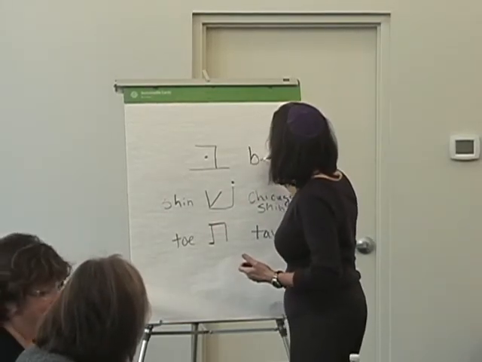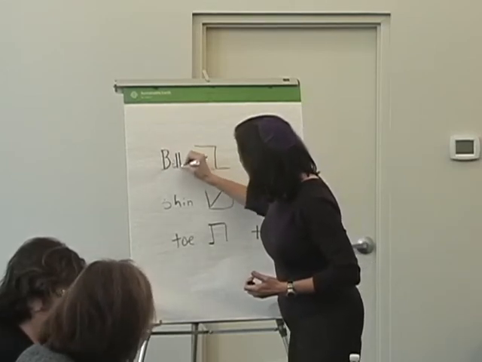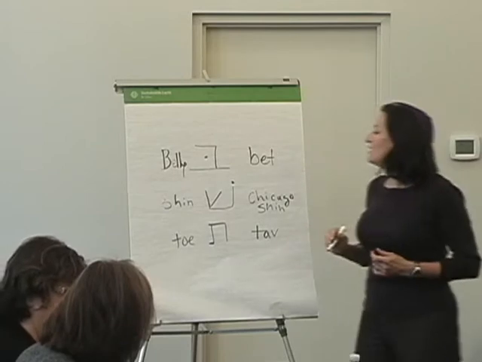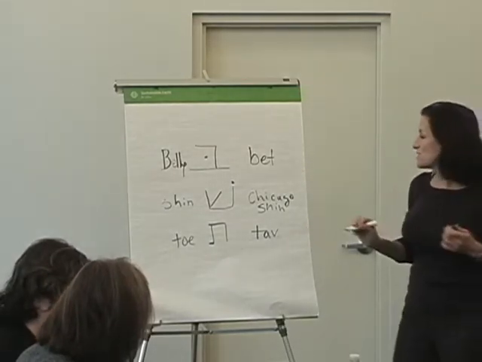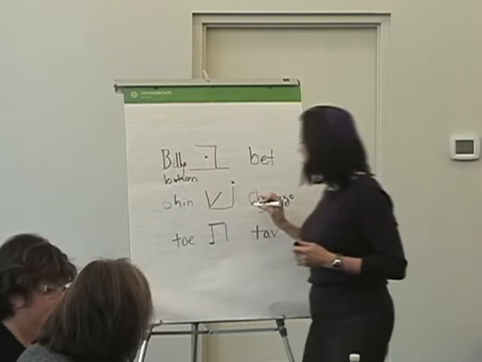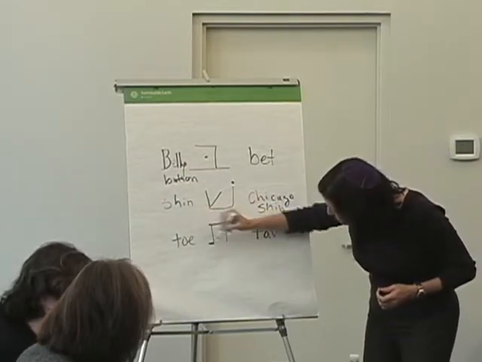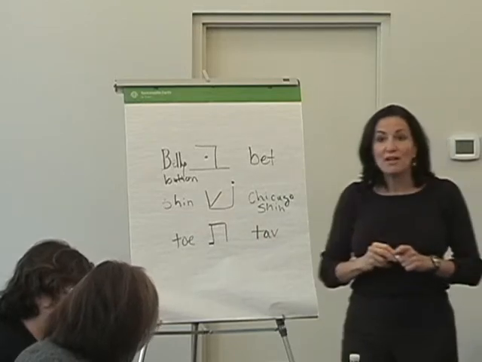Okay, so this is bet. It's a b sound. Now you can always remember it by the belly. See, it has a belly button. And that's what we teach the children that way. So this is the belly button. And this is shin with Chicago, and tav has the toe. Now why I'm emphasizing the toe is very soon that,